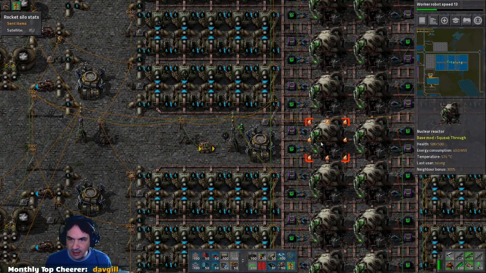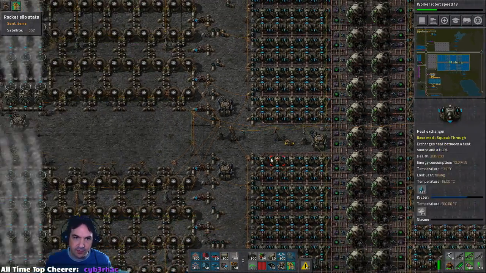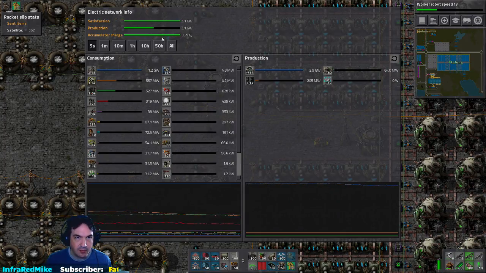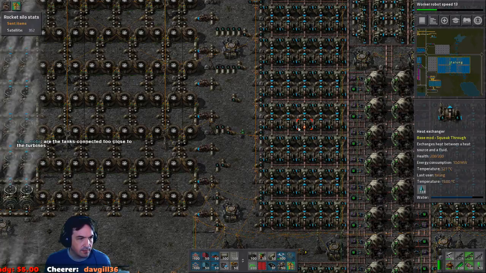Oh, look at these guys heating up again because that dropped below 4.5. So now what's happening is the same sort of thing. It's still producing enough power, so it hasn't actually gone to the accumulators, but once it uses up the steam, it's going to hit on the accumulators. But now this is starting earlier, so it should...